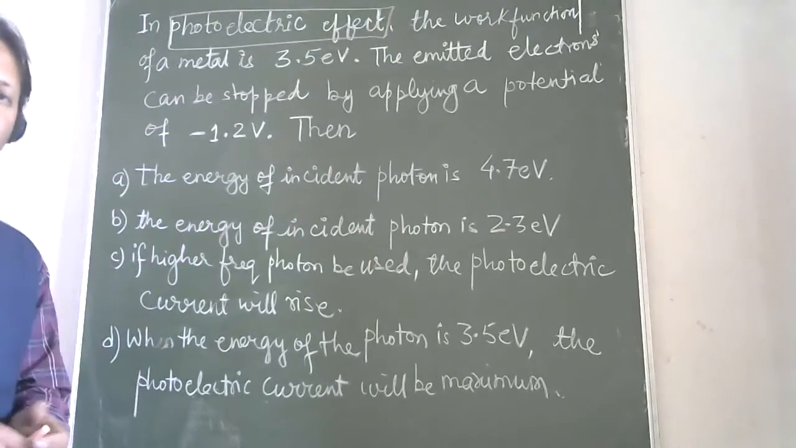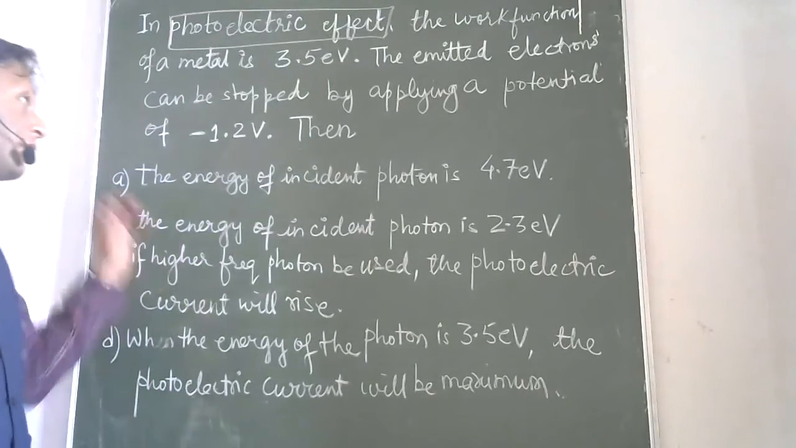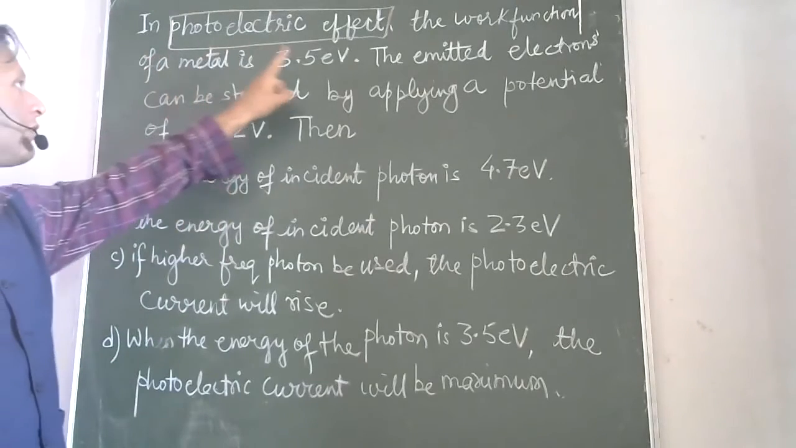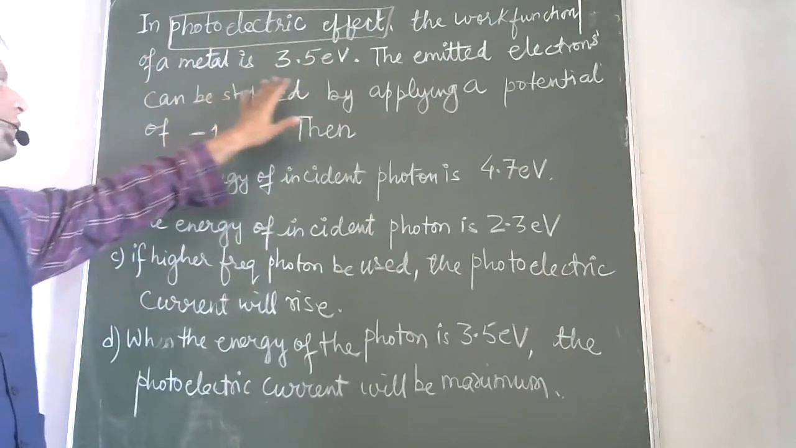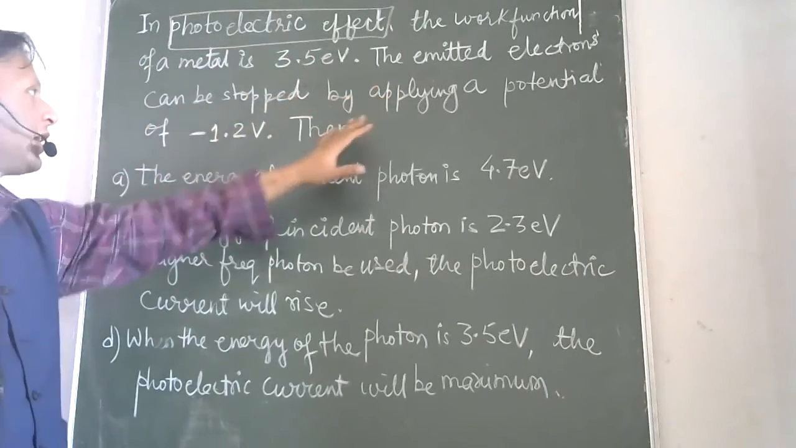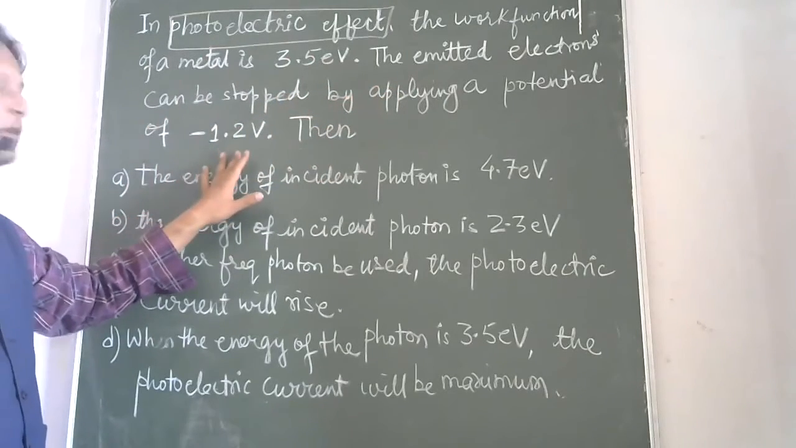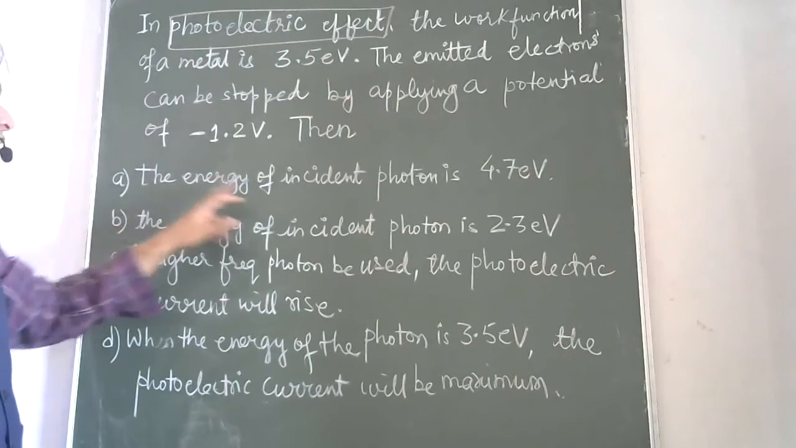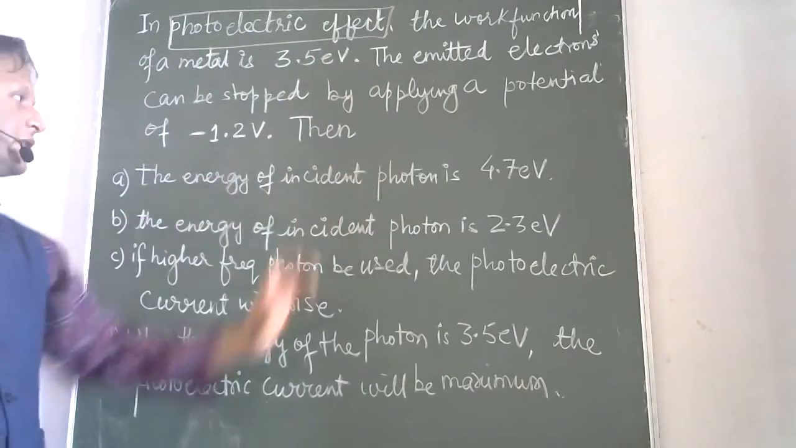Hello guys, we are here to discuss this problem on the dual nature of matter. In the photoelectric effect, the work function of a metal is 3.5 electron volts. The emitted electrons can be stopped by applying a potential of minus 1.2. Then we have to find the energy of the incident photon, which is either 4.7 electron volts